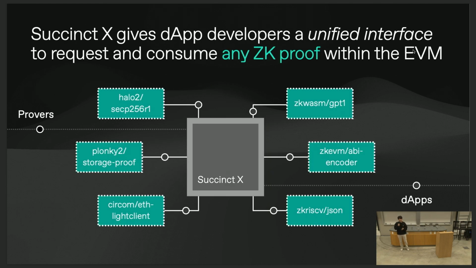The next part of the story here is that dApp developers really need to be able to have a consistent interface when consuming different ZK services and dApps. So we're essentially trying to build a smart contract standard that basically makes it so that dApp developers don't have to learn new interfaces and new APIs when interacting with different circuits. So one moment, a dApp developer could be using Halo 2 for a signature verification circuit, but in another moment, they could be using a ZK Wasm VM to prove GPT-1, and it'll always be a standard that they're very used to, similar to making a call on Ethereum.